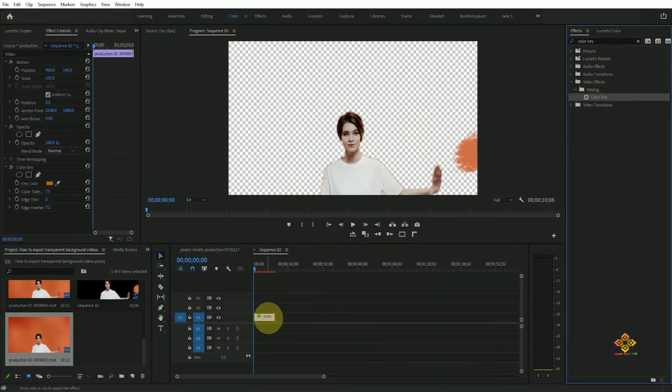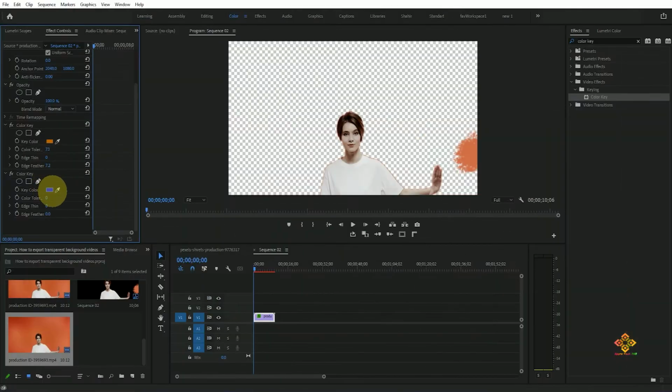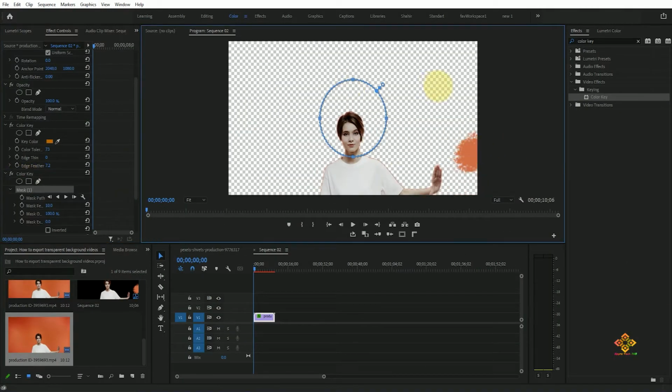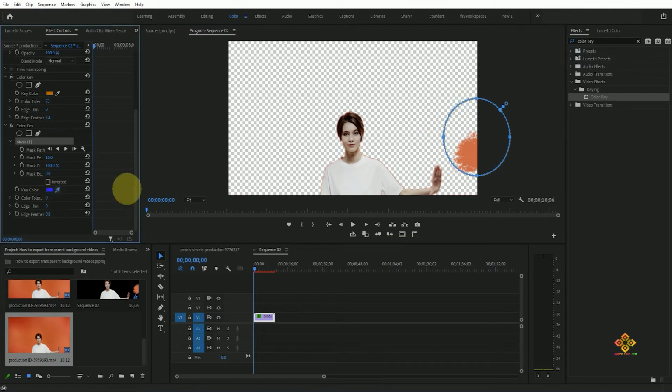So therefore we apply another Color Key effect on the video track 1 and we'll create a mask around the portion which we want to remove. We'll similarly increase the color tolerance and